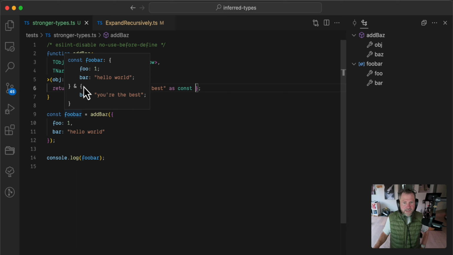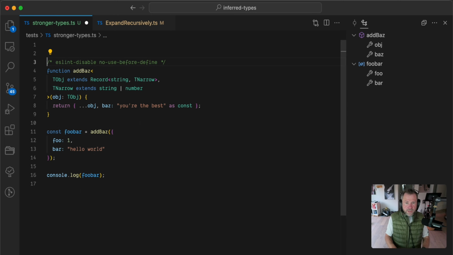Foo, bar, and baz, I can look at that and see exactly what type this is. But honestly, you find yourself often iterating over an object and adding additional properties. And when you do, this type can very quickly become unintelligible, even though it's functionally correct. What I want instead is to have just an object definition which has all three properties in it.